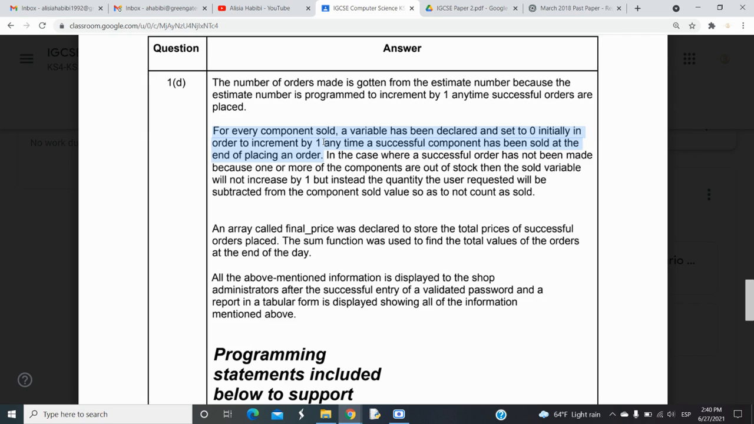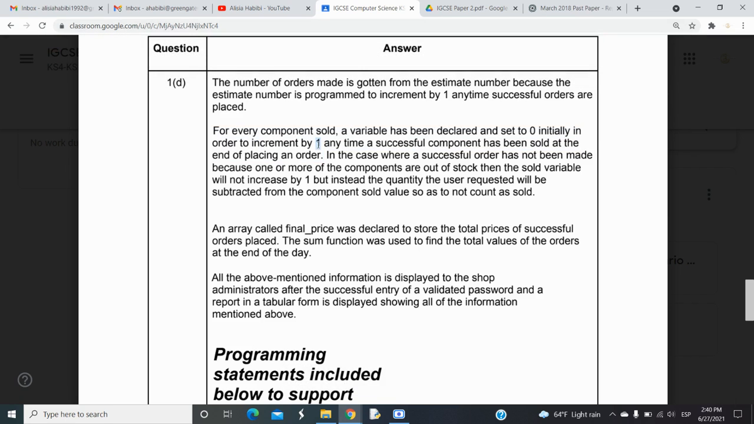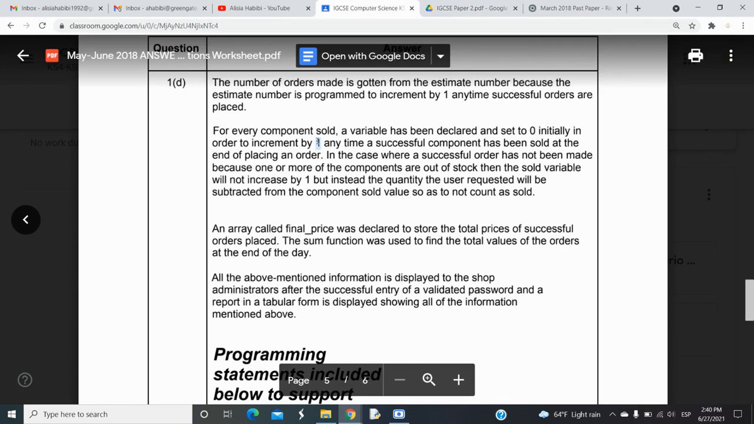So it's basically increased, not incremented exactly by 1. I would have to make a change to this, guys. It's not incremented exactly by 1. It's actually incremented by the quantity, like I said. So that was a typographical error. I will make a change to it. So it's increased by the quantity